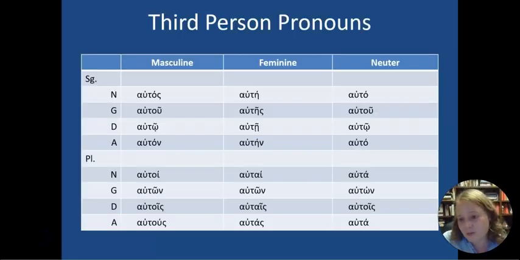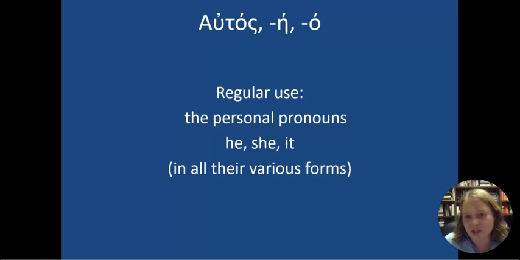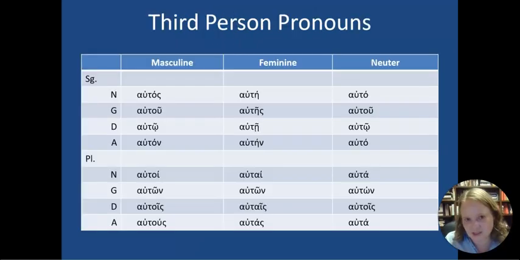Here are the third-person pronouns that you've already learned: αὐτός, αὐτή, αὐτό. It follows the declensions you already know. You've already seen these pronouns in chapter 7. Normally, here's how you translate them as personal pronouns: he, she, or it. However, they can be translated in special ways, and that's what the second part of this chapter deals with. It's still the same form. It doesn't look any different.